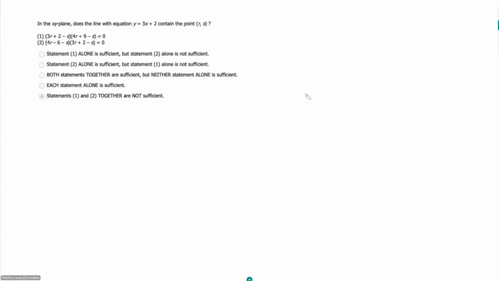In the xy plane, does the line with equation y equals 3x plus 2 contain the point (R, S)? So what is this asking? This is saying if we plug R in for x, is y equal to S? In other words, it's asking, can we write this equation as S is equal to 3R